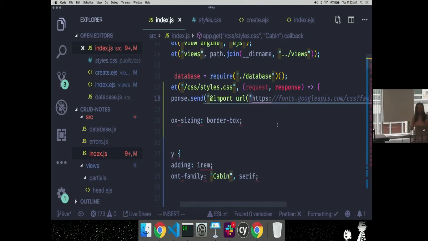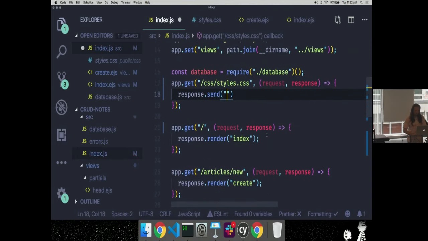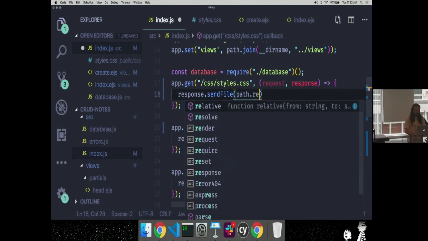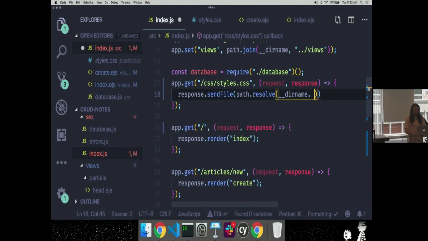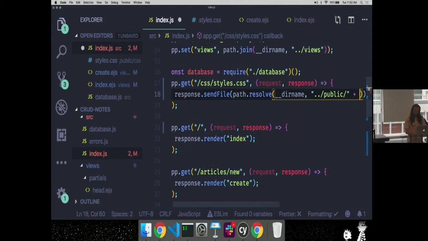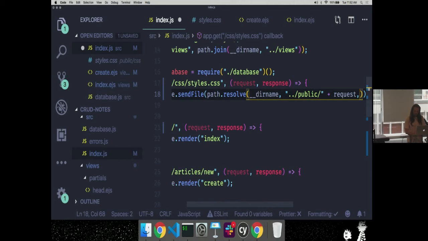What we need to do is load the file, take the contents of the file, and send that to whoever requested it, right? So here we could use the sendFile command, with path.resolve, __dirname, and then we find our public path, which is up a level, in the public directory, based on request.url.